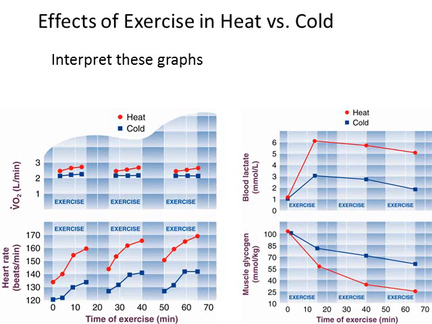One thing we can say that really summarizes this is that exercise in the heat is more stress on the body, which is going to lead to more sympathetic nervous system stimulation. And when we do that, we are having to use more of our anaerobic systems. So that's going to be related to this one, right? More blood lactate produced, more muscle glycogen used, because anaerobic glycolysis is going to tend to use the muscle glycogen